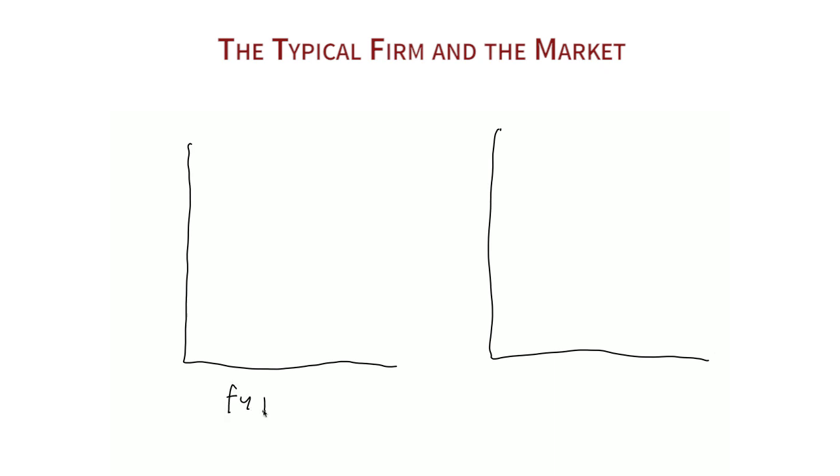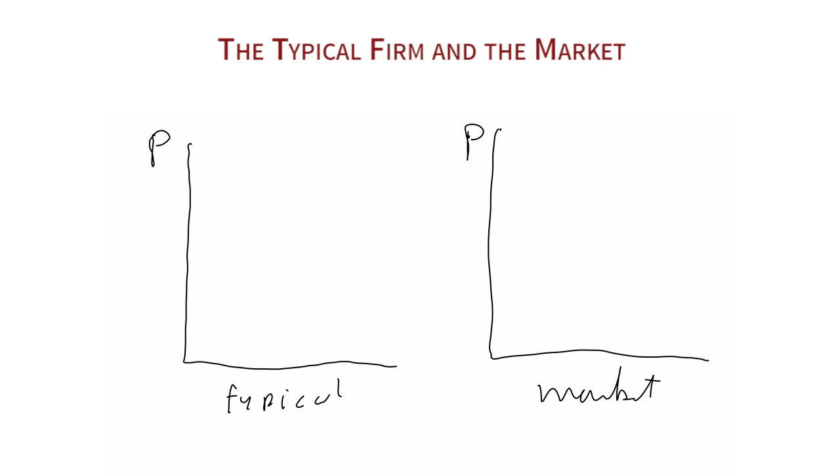I need a diagram to do this, so let me draw it so you can see what's going on. I want to have this typical firm and the market together. On the left-hand side of the diagram, we'll draw a picture for the typical firm, and on the right-hand side, we'll draw a picture for the market. So this is the typical firm over here, and this is the market over here. On both graphs, and this is important, we're going to put the price. The price is the same in both diagrams. It represents the price of bicycles in the market.